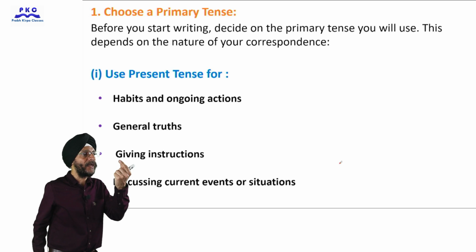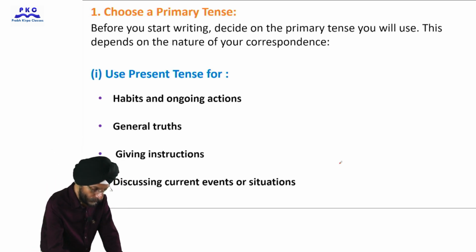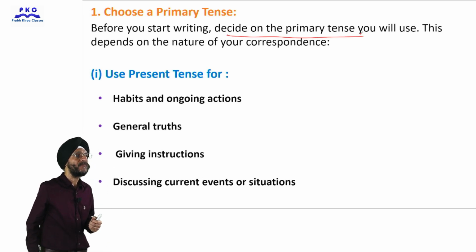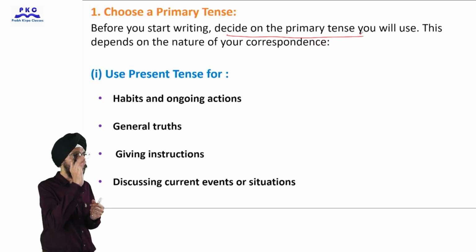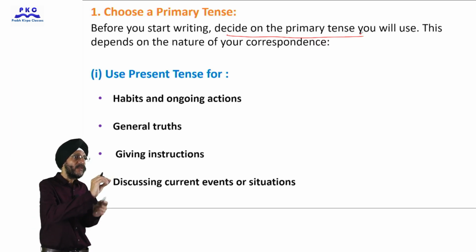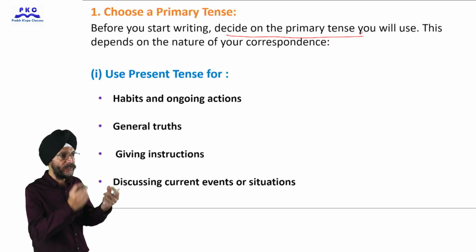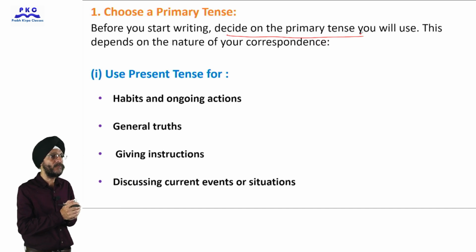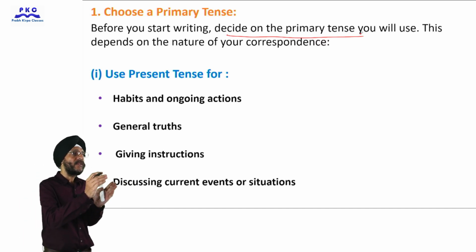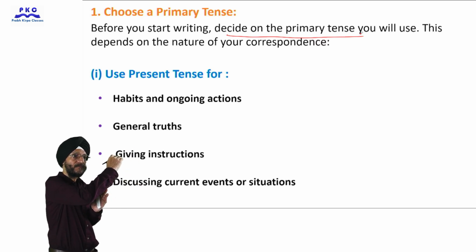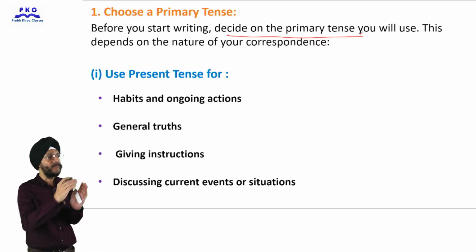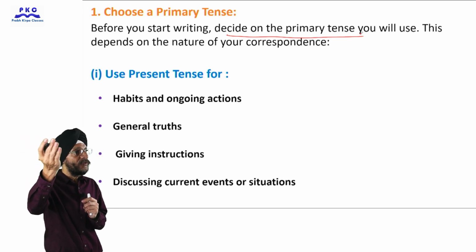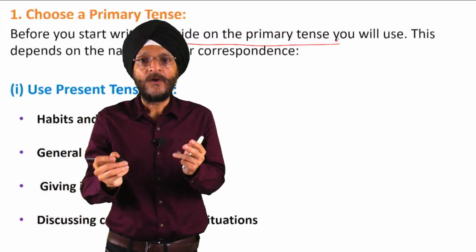First is choose a primary tense. Before you start writing, decide on the primary tense you will use. What does it mean? It means that before we start writing, we should think whether we are writing about some current situation, some current happening, whether we are to write in the present circumstances, or we are writing about something which has happened in the past, or we are to write what is likely to happen in future. So accordingly, we have to make use of